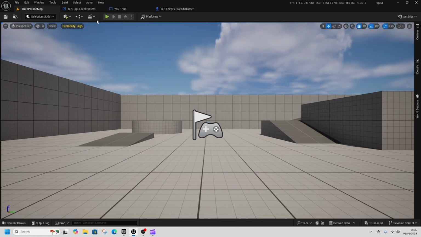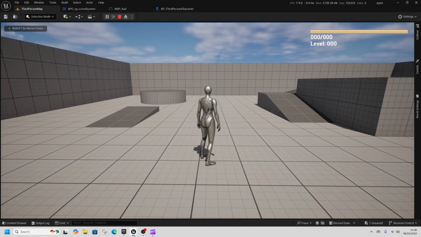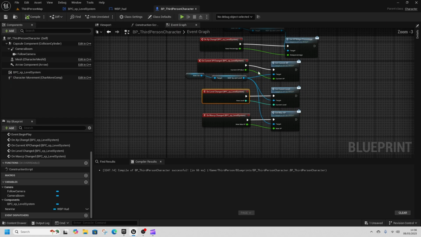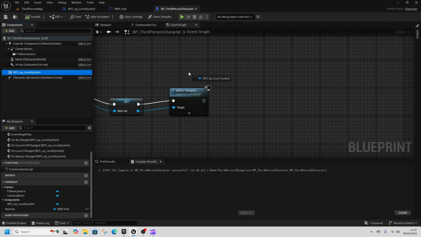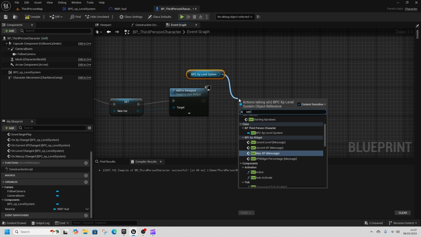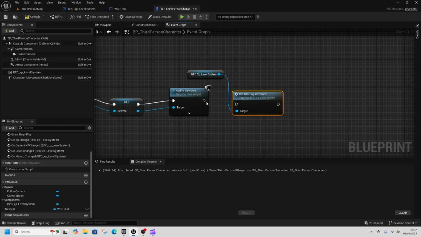So now when we play the game, we can see our current level, and our level is 0, 0, and 0, 0, and that's because if we go back to BP third person, right at the top, get the XP system, we can call set start input values,